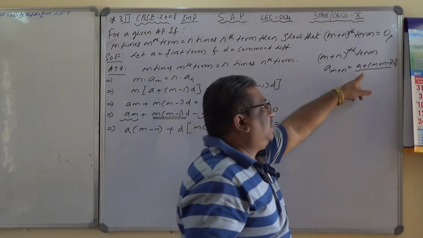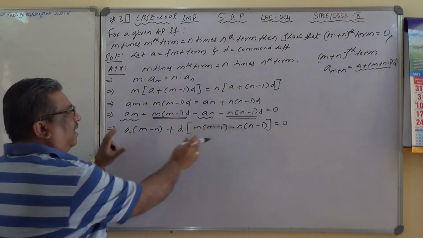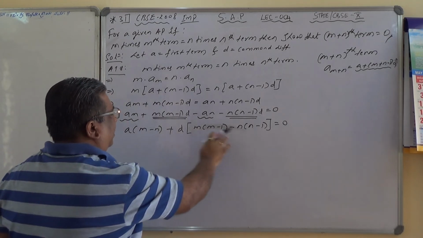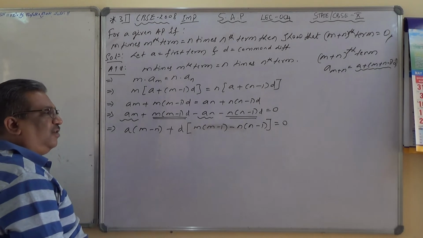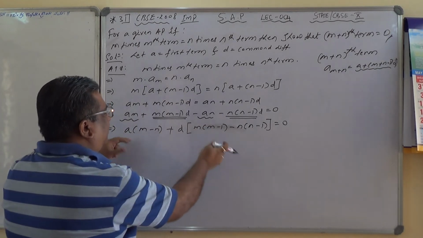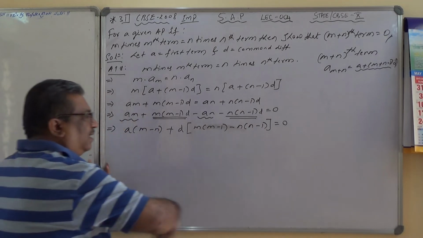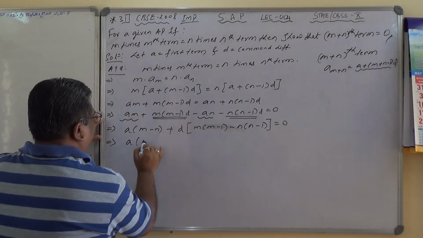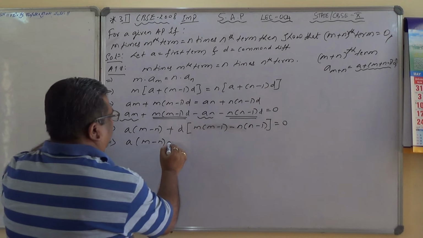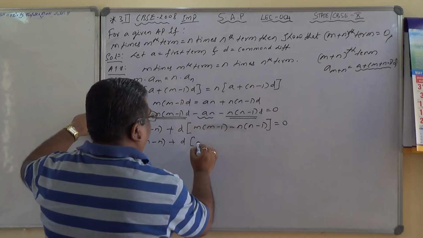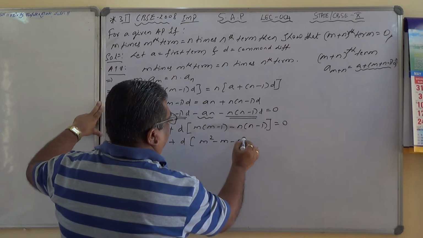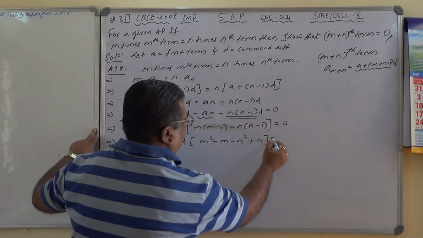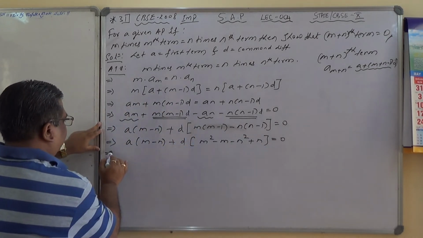Now I need to get something like, here m minus n is there, and here also some common should be taken. What is the common that you should be able to get here? M minus n should be the one which I am looking for, the common in this one. So that out of these two terms, if m minus n is common, that will be taken out, goes that side and becomes 0. So let's see here, a lot of manipulation. A times m minus n plus D into bracket m square minus n square plus n minus m. The plus and minus signs, no need to explain, you should understand all those things.